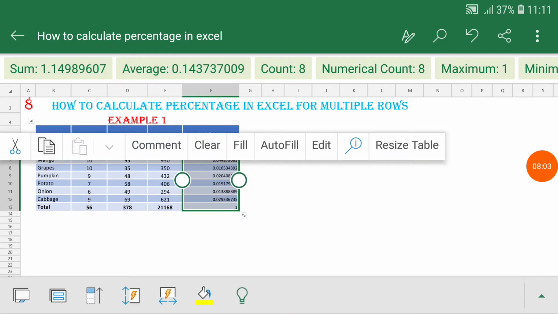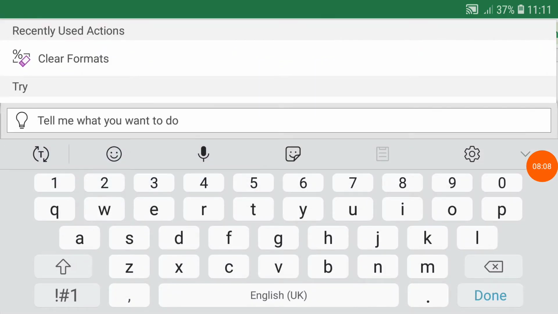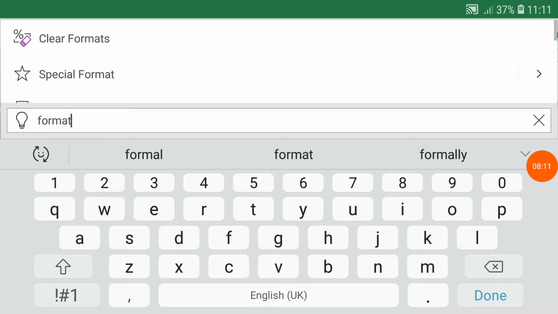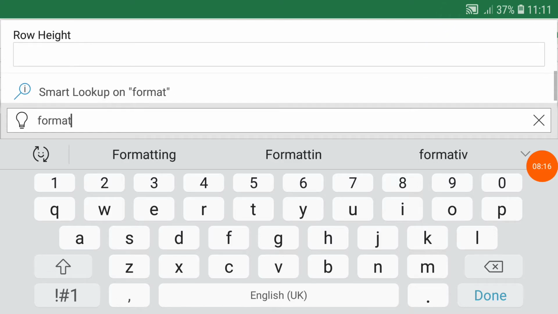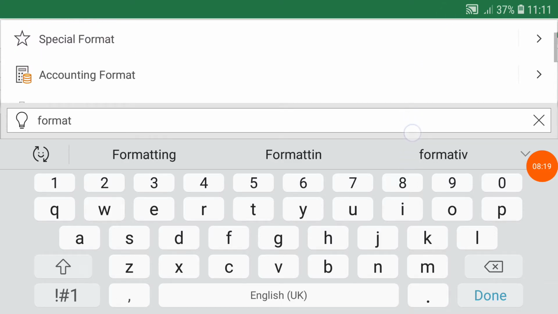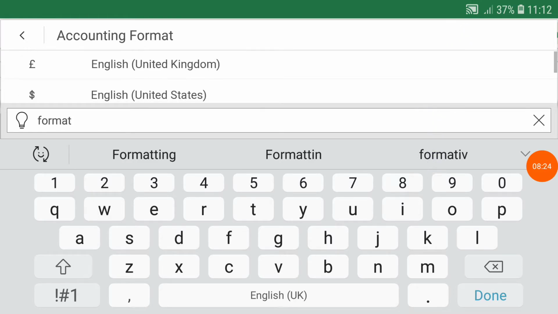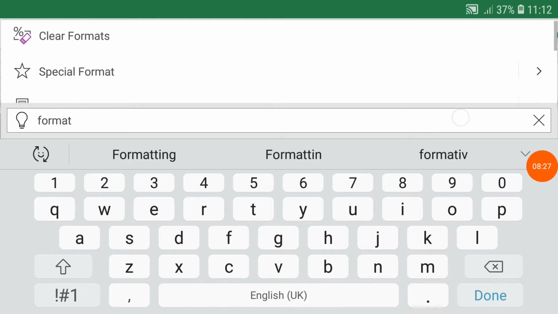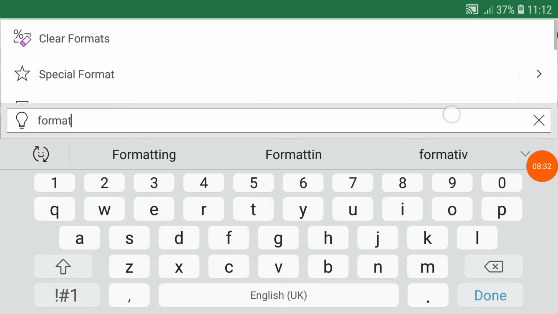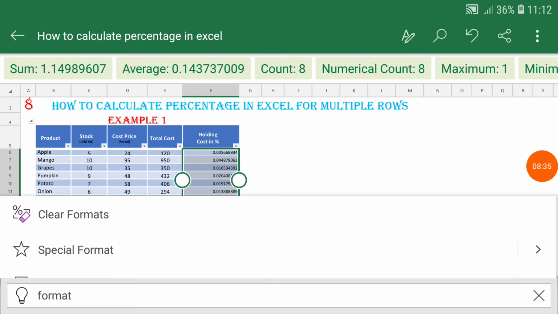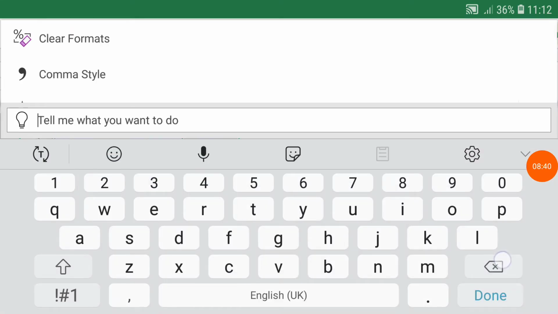So now I have to change the format: accounting, a special format, phone number, serial number, location. I have to find the format of percentage over here. Let me write the percentage.